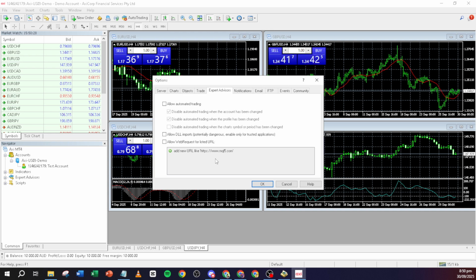Here, you'll see a few important checkboxes. One of them is Allow Automated Trading. Tick this box because it enables MetaTrader 4 to execute trades automatically based on your EAs. Another box you'll find is Allow DLL Imports. A DLL, or Dynamic Link Library, is a type of file that contains code and data that can be used by multiple programs at the same time. DLL imports are often necessary for EAs to access more complex functions, so make sure this box is checked as well. Once these settings are configured, click the OK button to apply the changes.